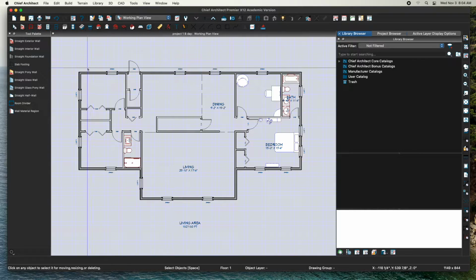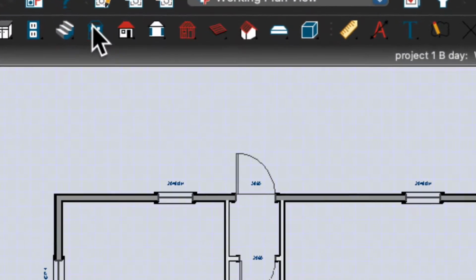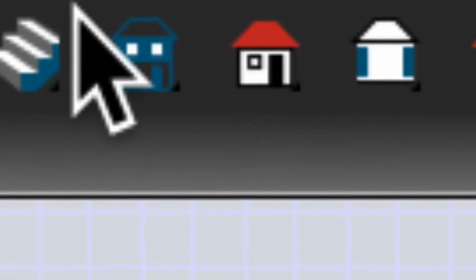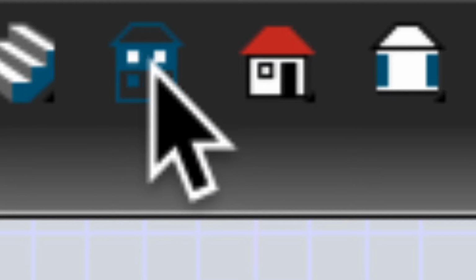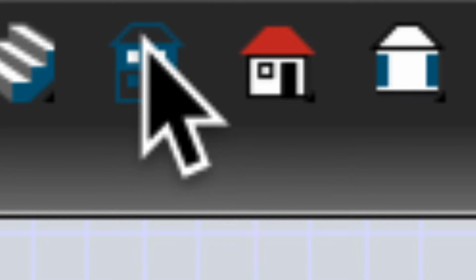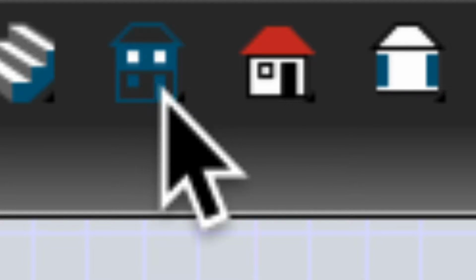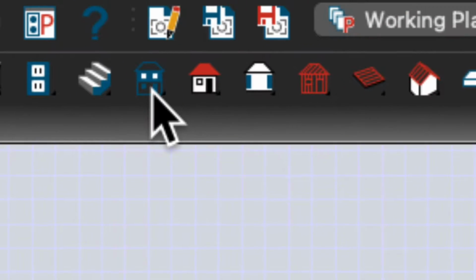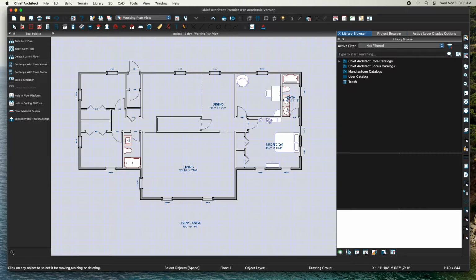But when you're on your first floor plan like this, what you're going to do is go to the button. It looks like this. It's the little house icon. You can see it's kind of hard to zoom in, but it's got the first floor, and then it says this is grayed out to add another floor. So if you click on that button, you're going to get a dialog box